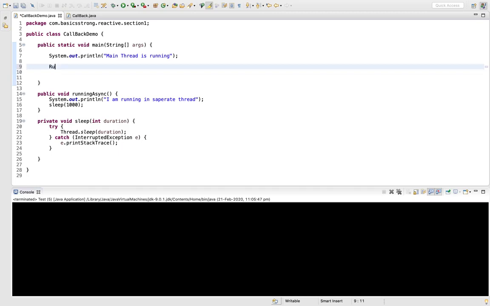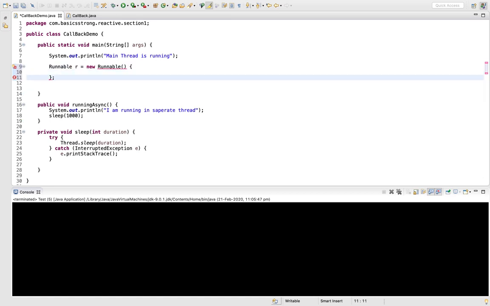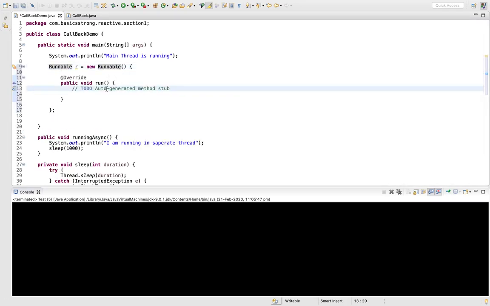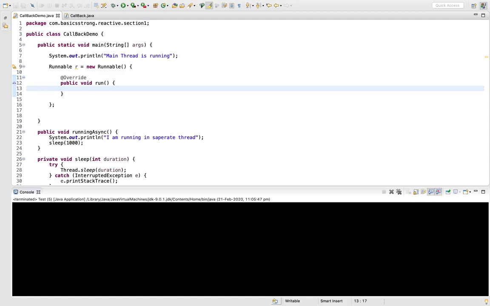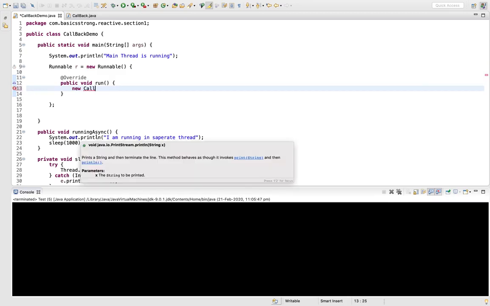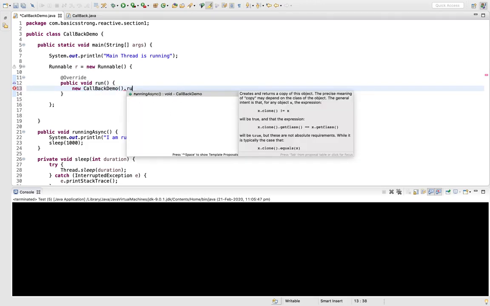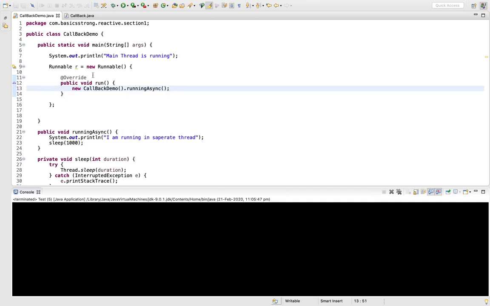So let's create a Runnable r equals to, here I'm going to use an anonymous inner class, new Runnable. Here comes the implementation. So let's add the run method here. And inside this run method, let's create the CallbackDemo object. And then let's invoke this runningAsync operation. So callbackDemo.runningAsync. So the thread using this Runnable will certainly execute this runningAsync method, but we are not